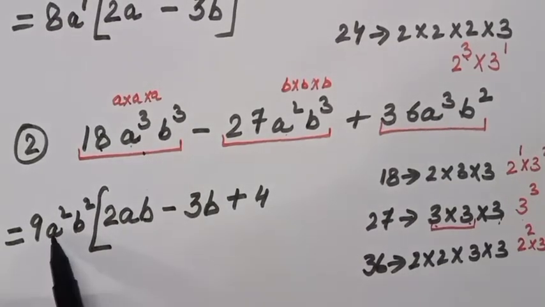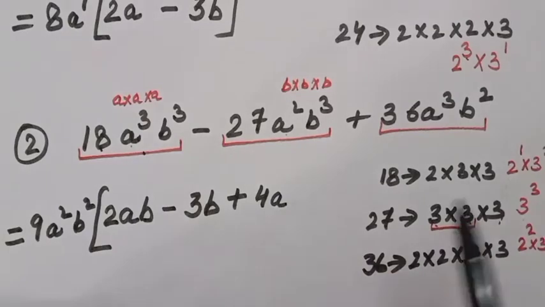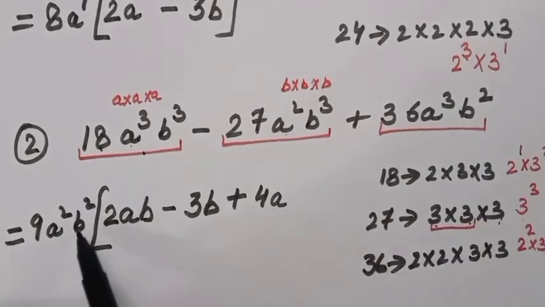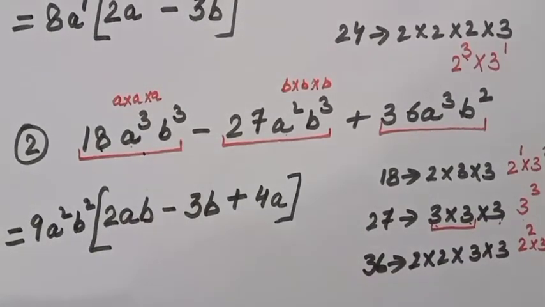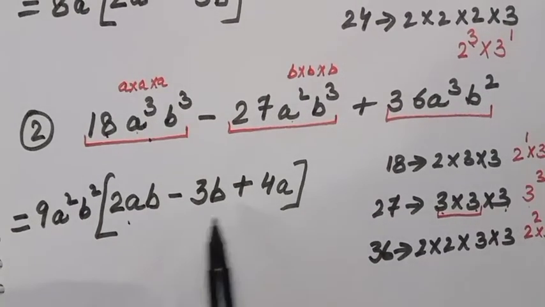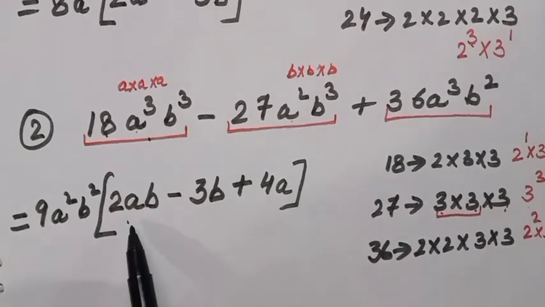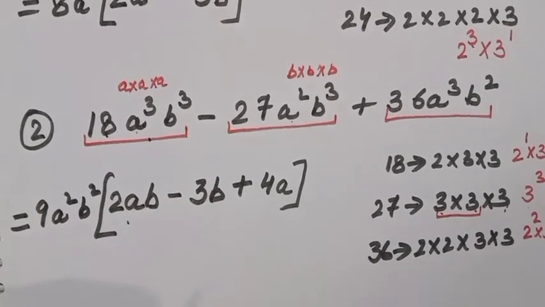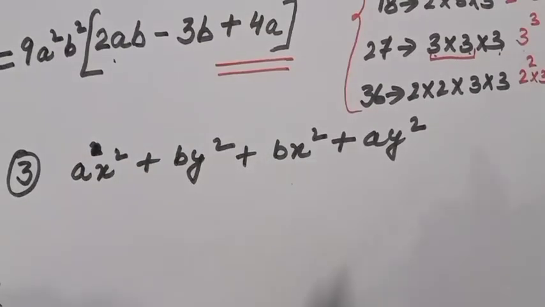You know? So 2A already you have taken common. You are left with single A. From B square is completely common, so no B will come here. So this much only we are left with. And now all the 3 terms are unlike, children. And we know that unlike terms cannot be added or subtracted. Now how to factorize this?